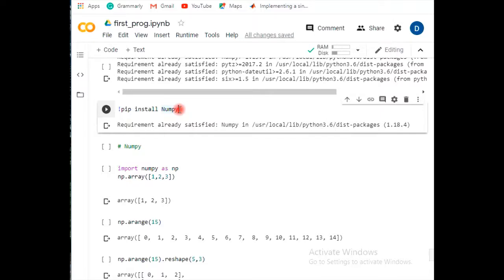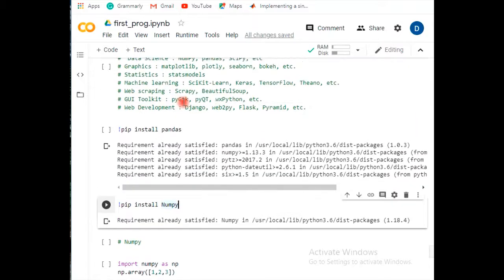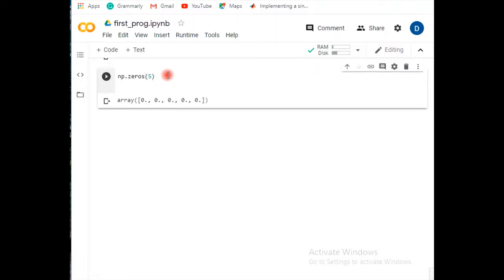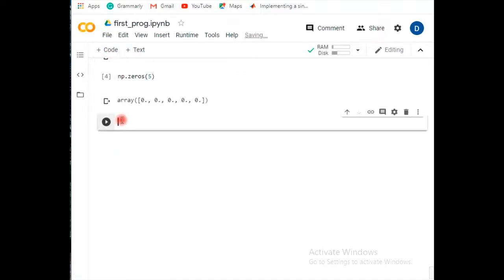That can also be installed, but as you're working on Google Colab, it is already pre-installed. So now we have a target to study pandas. Let's take a new code line.